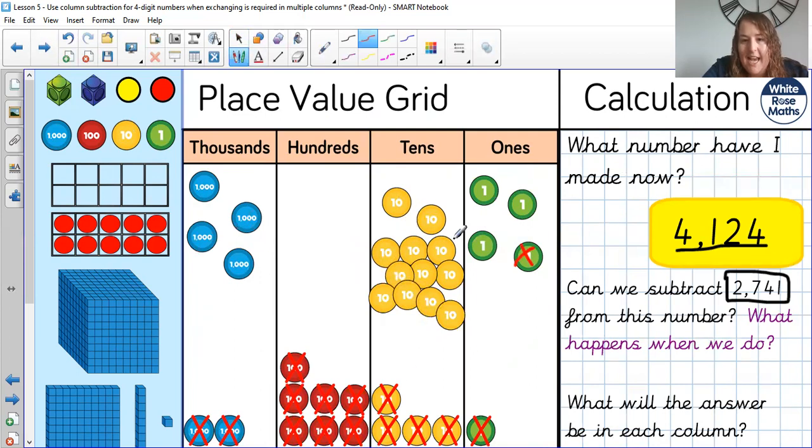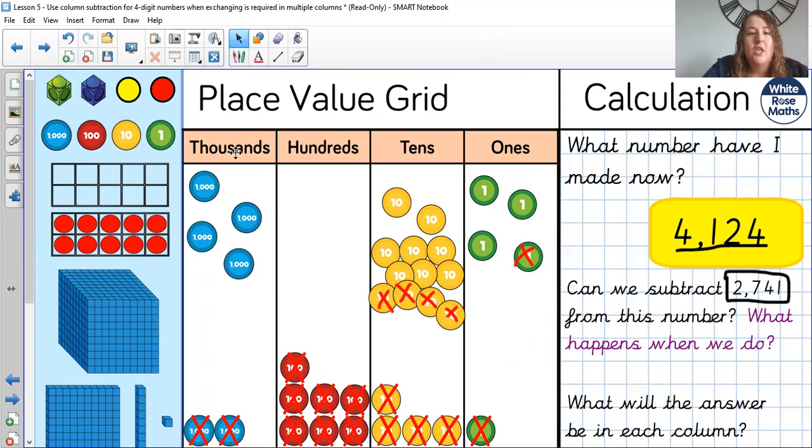So I've now got 10 plus the 2 I had, and I've got to take away 4. 1, 2, 3, 4. Okay, hundreds. I've now got no hundreds at all, but I need to take away 7. So I'm going to need to exchange here, take one of my thousands across, and again, it would show 10